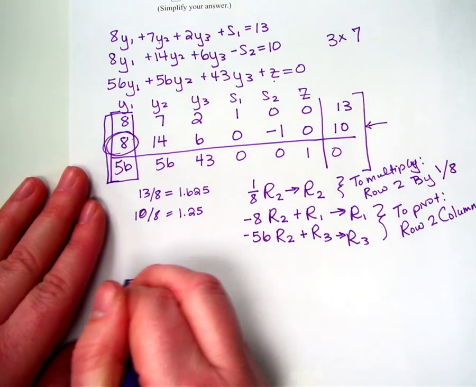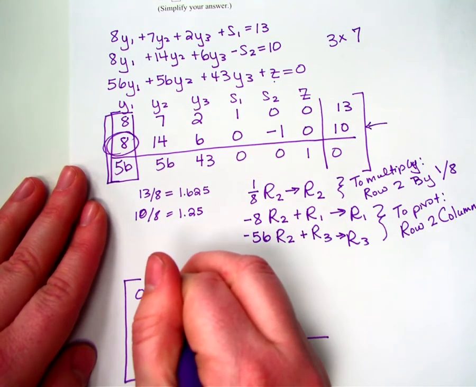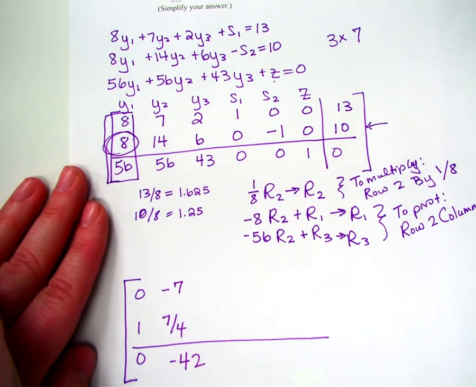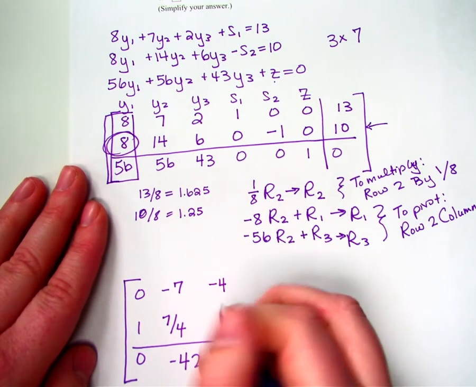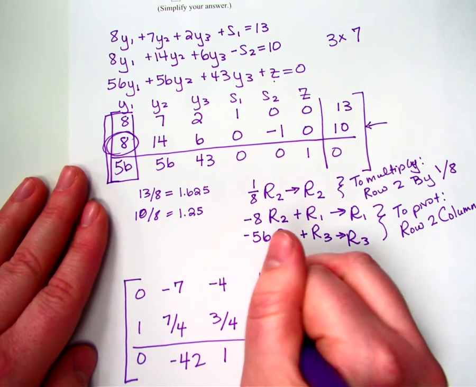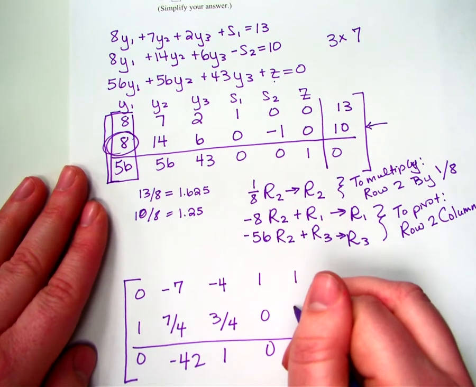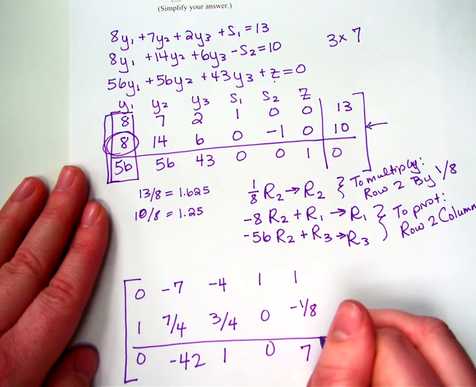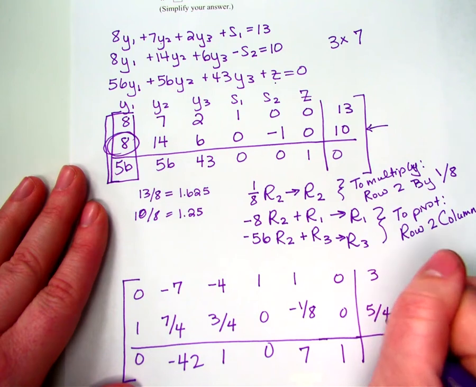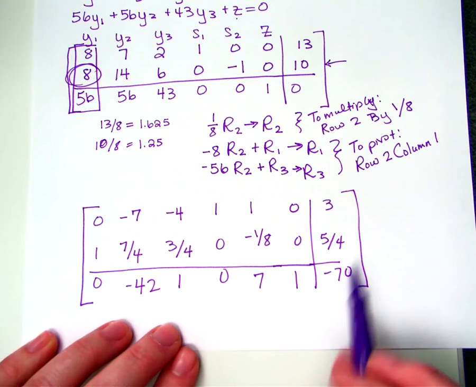So now in my matrix, I have this 0, 1, 0, negative 7, 7/4, and negative 42, negative 4, 3/4, and 1, 1, 0, 0, 1, negative 1/8, 7, 0, 0, 1, and 3, 5/4, and negative 70. So something here should catch your eye, and that is the fact that your z value